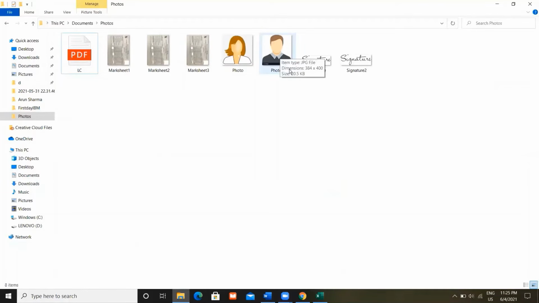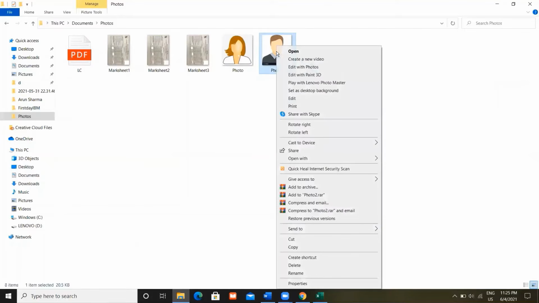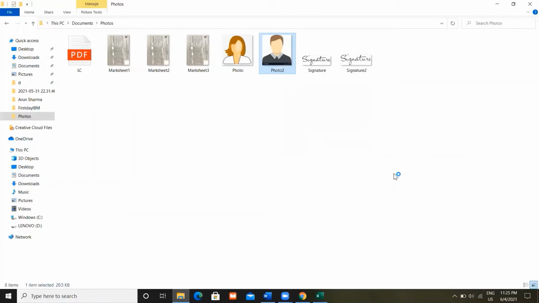As you can see, its dimensions are 384 into 400 pixels, which are exceeding the dimensions given over there. And the size is also 20.5 KB. So to resize it, just right click on it and open it with Paint.